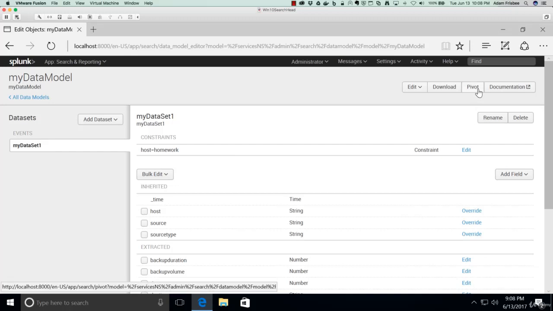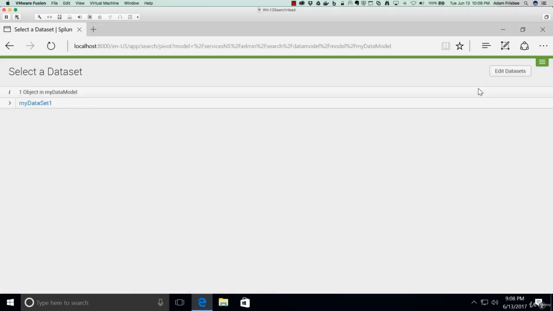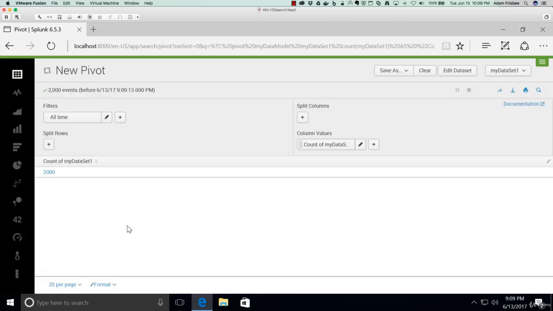If we simply click on pivot to enter the pivot editor, it will ask us to select the data set that we want to work with. There's only one data set, it's the one we created. When we first enter the pivot editor, you'll notice that we have some default values already preset. In the filters area, we have all time, and in the column values, we already have one column value that's count of all events in the data set. These are the things we manipulate in the pivot editor to build our statistical table and eventually to build our visualization, which we'll select from